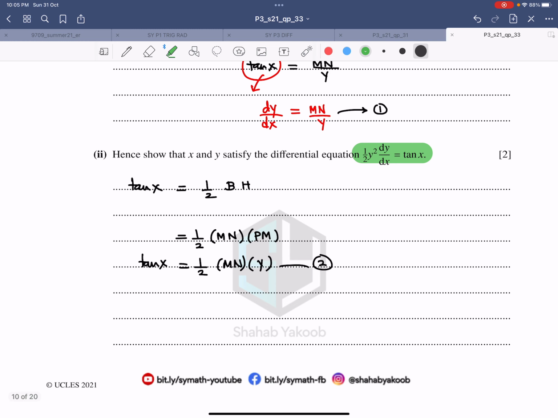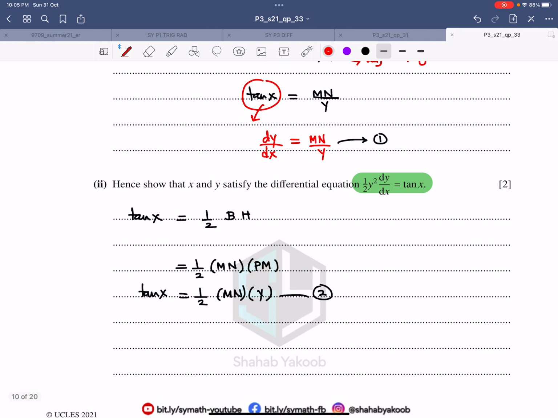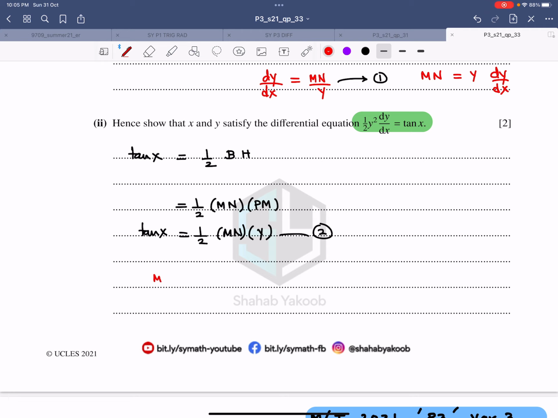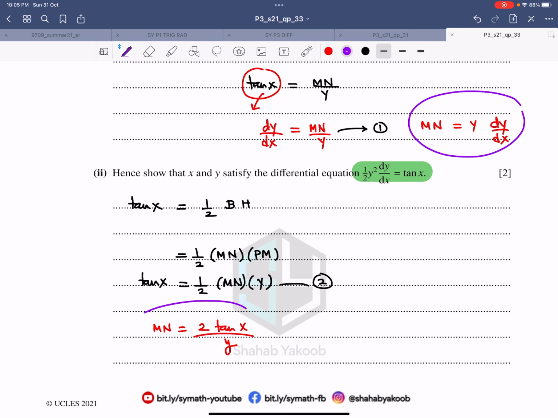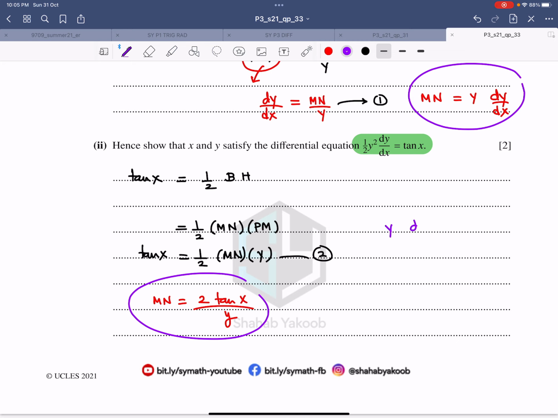Now, if I make mn the subject from both the equations, what does mn equal? Mn is y multiplied by dy by dx. What else? Mn equals 2 tangent x divided by y. This is mn, this is mn. In other words, y dy by dx is equal to 2 tangent x over y. I think we are getting close and we are almost done. So therefore, y square divided by 2 dy by dx is equal to tangent of x,